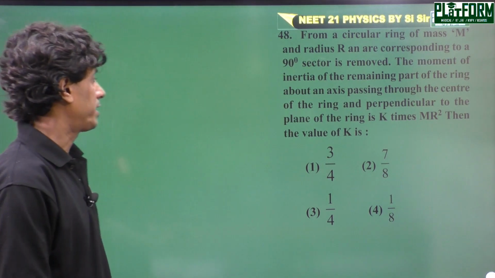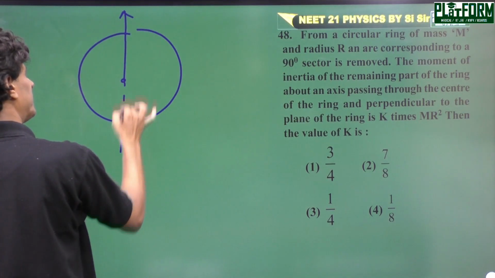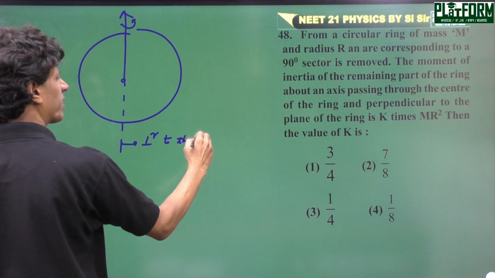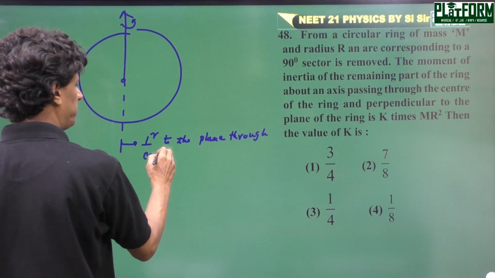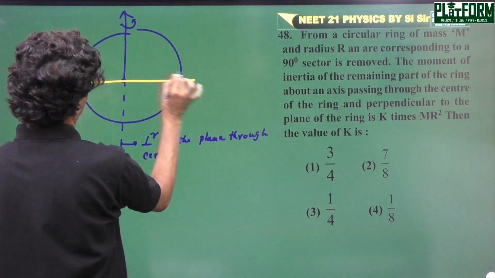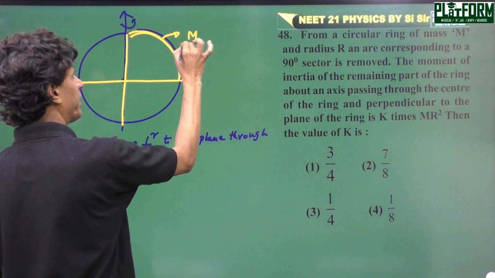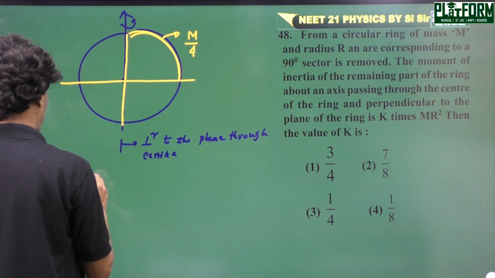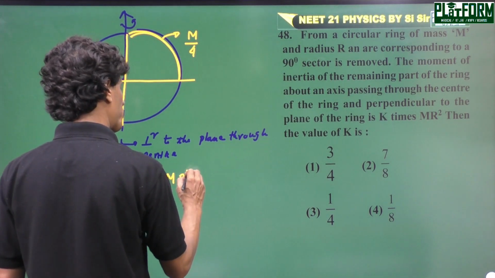From a circular ring of mass m, it is perpendicular to the plane through center. Okay, the mass of this part is m by 4. So the moment of inertia of circle, you know, it is mr square,